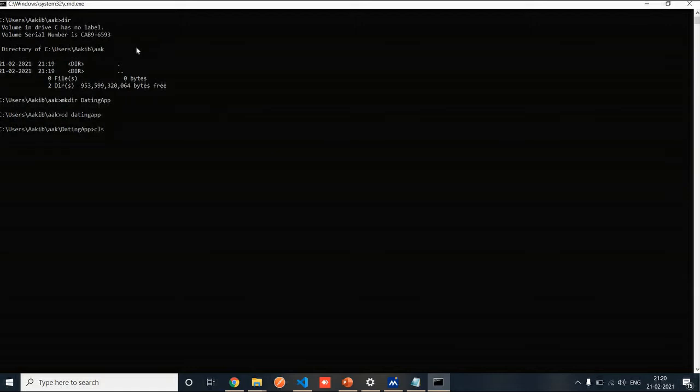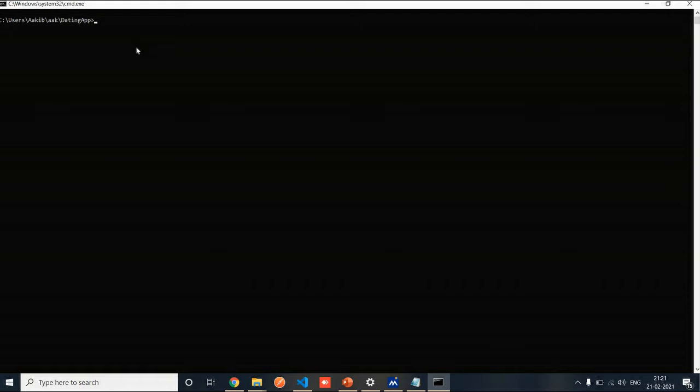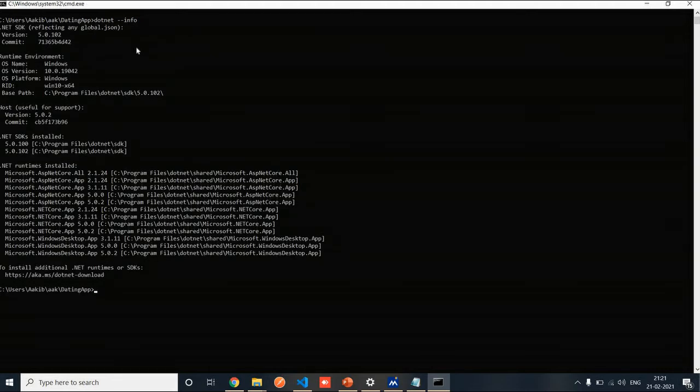The first thing we are going to do is check to make sure our installation was successful. One way we can do this is to run the command dotnet --info, and this will give you all of the details about the SDKs you have installed on your computer. I have got 12 different versions of the SDK on my machine, and that's absolutely fine. The latest version, the one I am going to be running, is .NET 5.0.2. Also we get the details of the .NET runtime that we have installed in order to run our application.